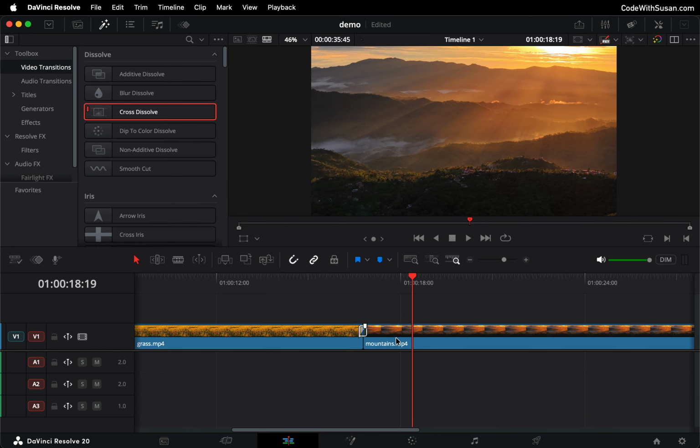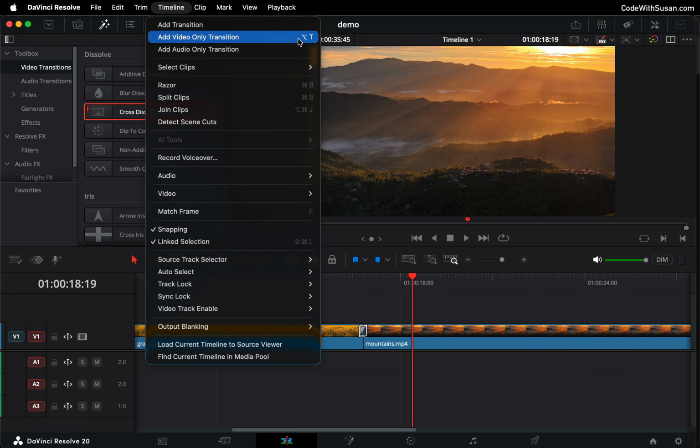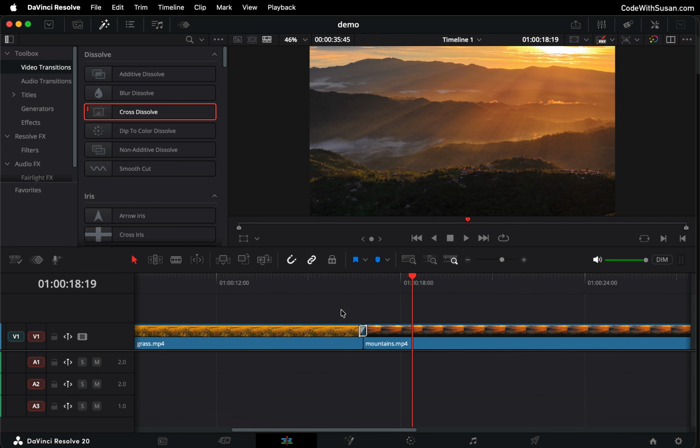So now if I want to apply this transition, I can use the keyboard shortcut, which we can find out if we go to Timeline and look at Add Video Only Transition. Here you can see the keyboard shortcut for this action, which in my case, it's Option T. So knowing that, all I have to do is select my two clips and hold down that shortcut and it'll